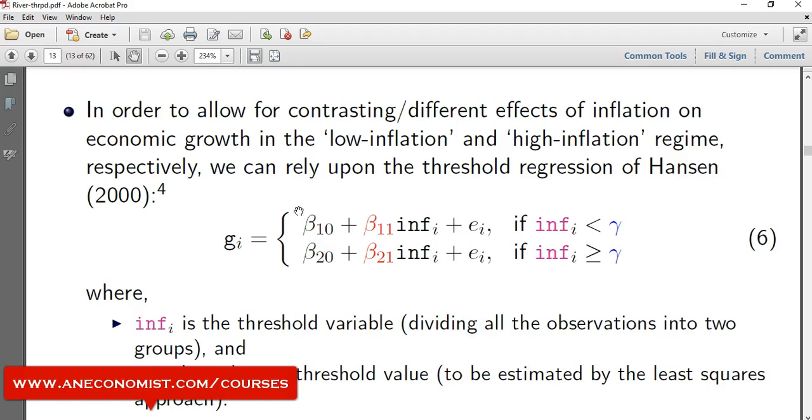Hello, in this video tutorial on estimating threshold panel data models, that is fixed effect, non-dynamic or dynamic panel data models using threshold regression. Before going to estimate a threshold regression in Stata, let us see what a threshold actually is. In simple words, a threshold is two different types of relationships existing in a